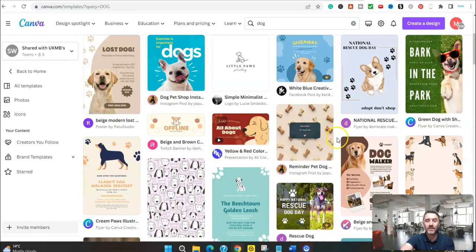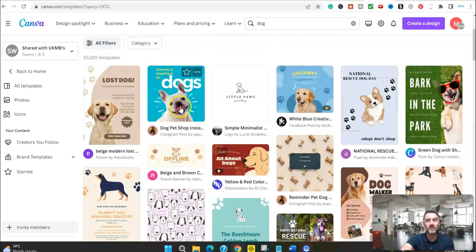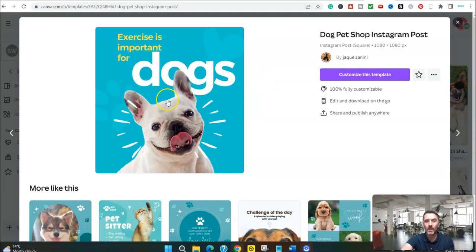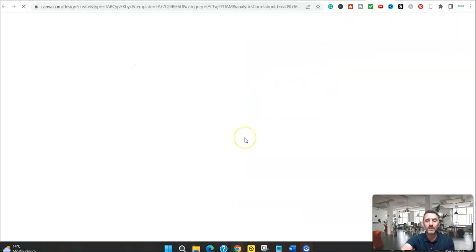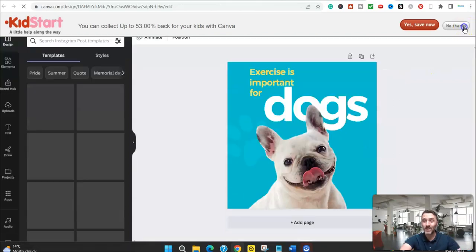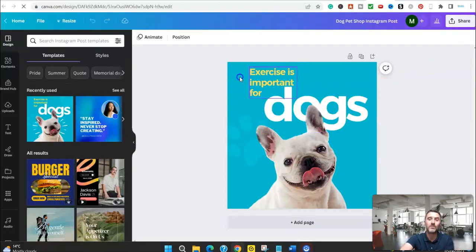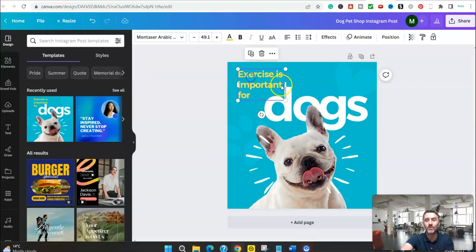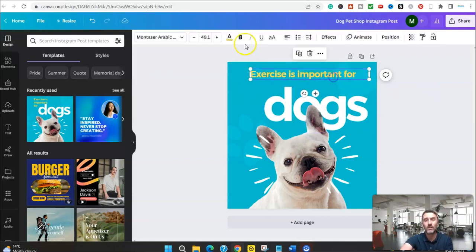So we can come into these and we can edit these as well, okay? So let's just click on this one. Looks good. Customize this template. So in here, I can literally, as it says, customize this. It's all drag and drop. It's simple. You can move any of the elements around. You can make them bigger, smaller. You can change the font size, the color of this.